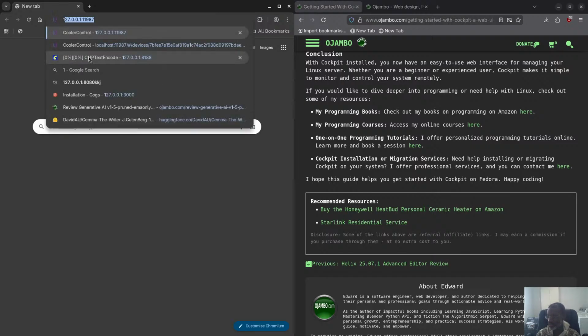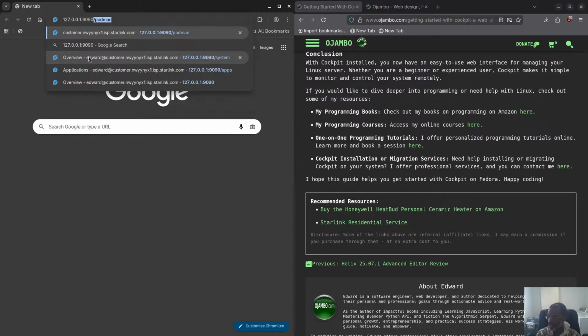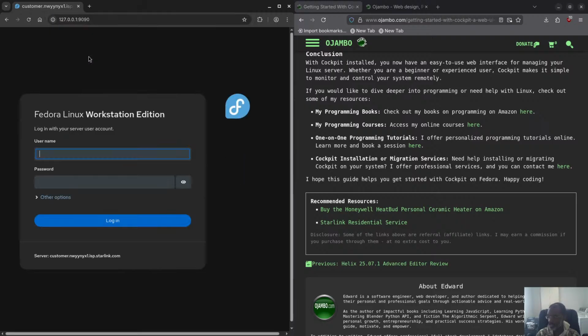127.0.0.1. You can also do localhost or the IP address of this device. So remember, 9090 is the one you want to use. So 9090, and there we go. So it's gonna ask you to